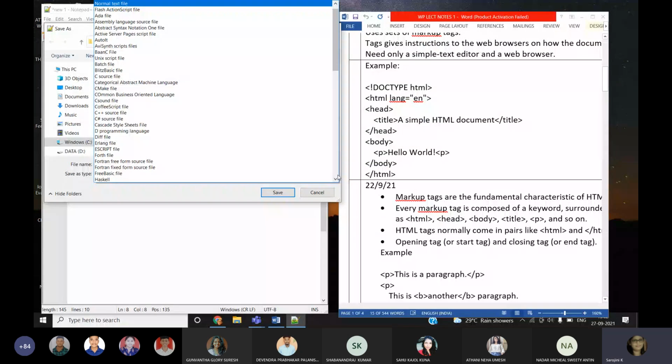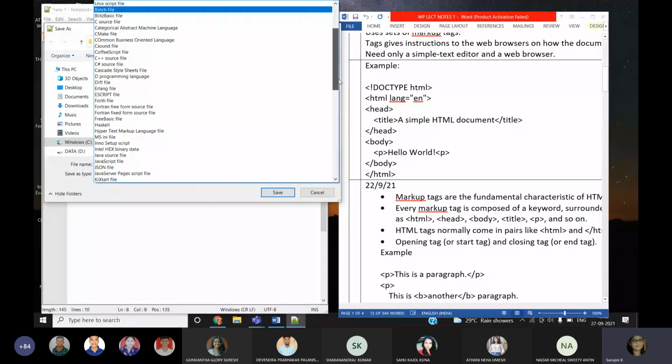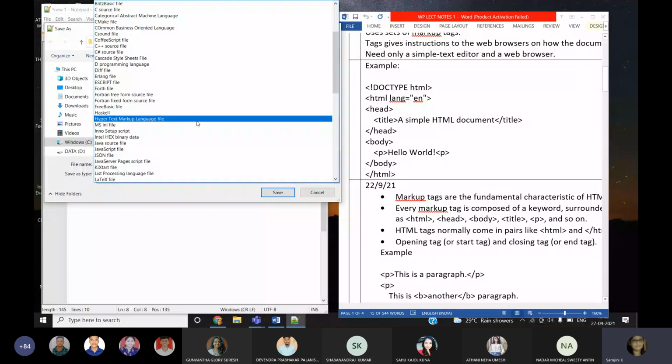Now selecting this will define what is the extension of your file. You no need to type the extension while you're saving your file. Okay, I am selecting here hypertext markup language file.